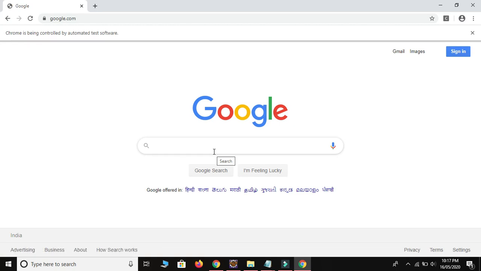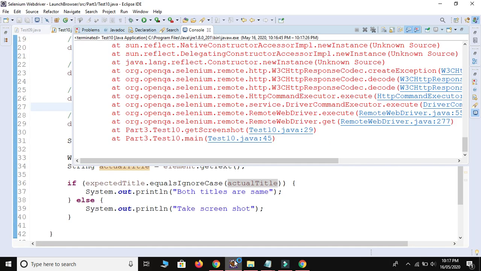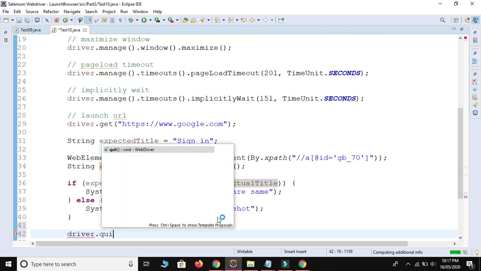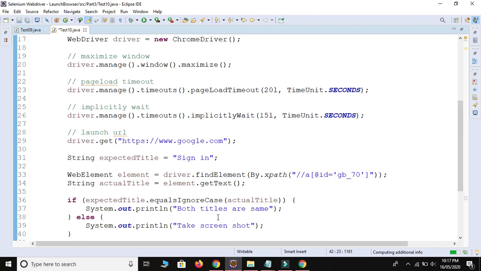Let me open Eclipse. We got some error. First of all, I need to write the driver.quit method. The driver.quit method is there, and let me run.